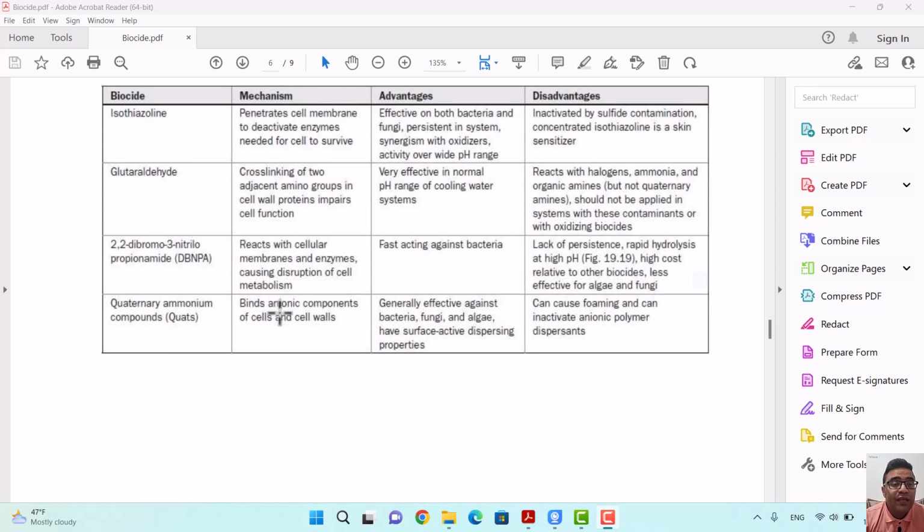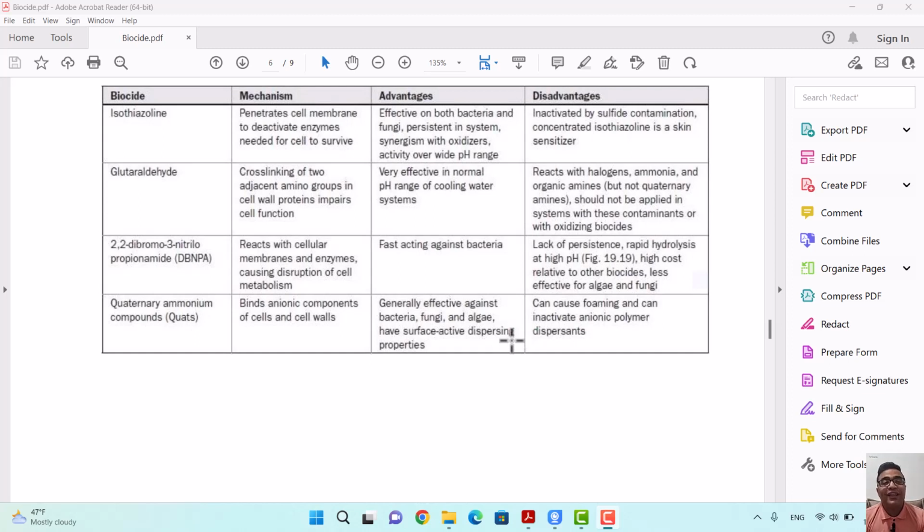They bind to anionic components of cells and cell walls. Their advantage is that they are generally effective against bacteria, fungi, and algae, and have surface active dispersing properties. When you use quats, of course, for some period of time, I used quats as one of the non-oxidizing biocides for my system for about 3 months. And of course, when I was using these quats, there were